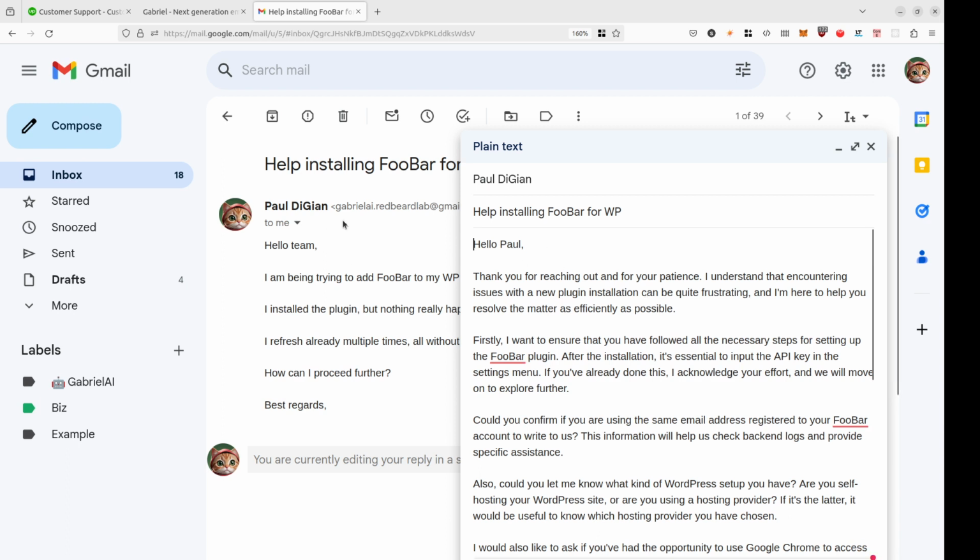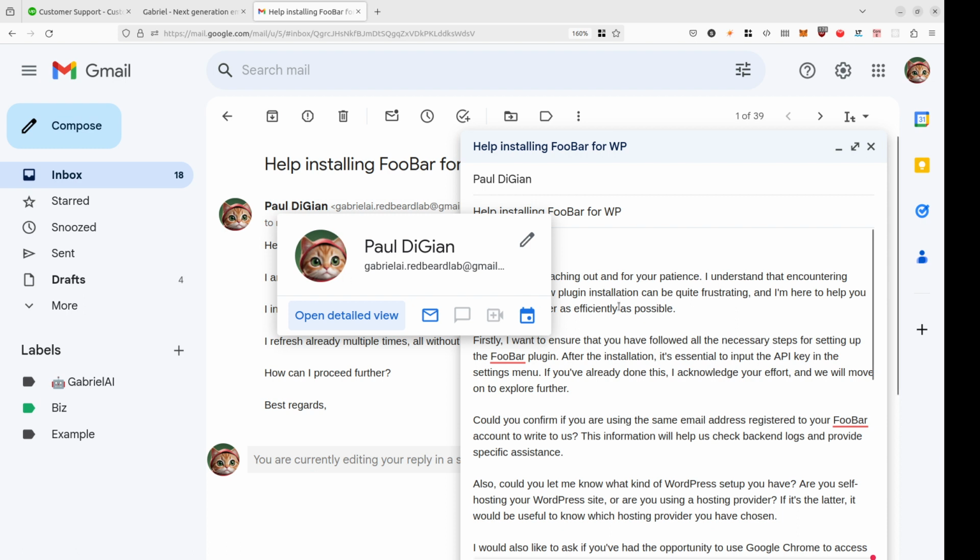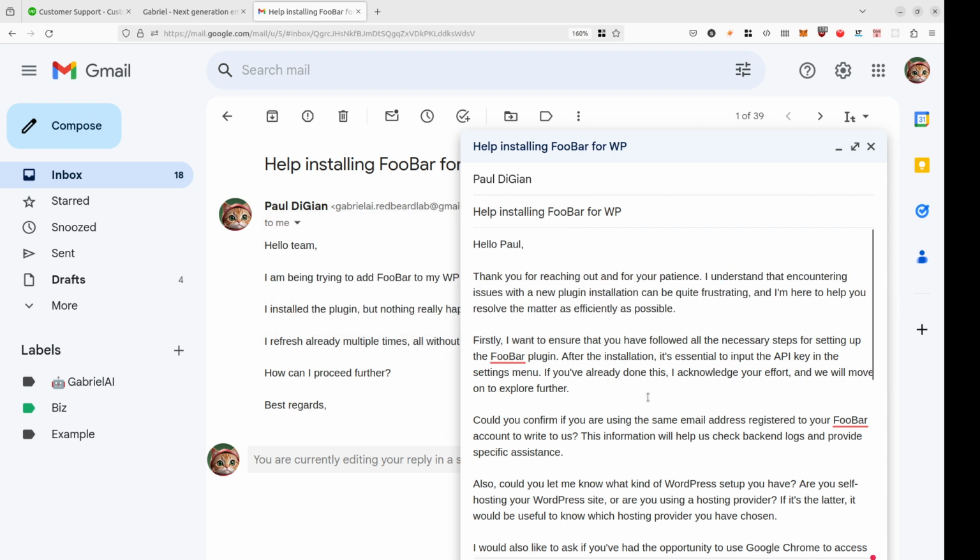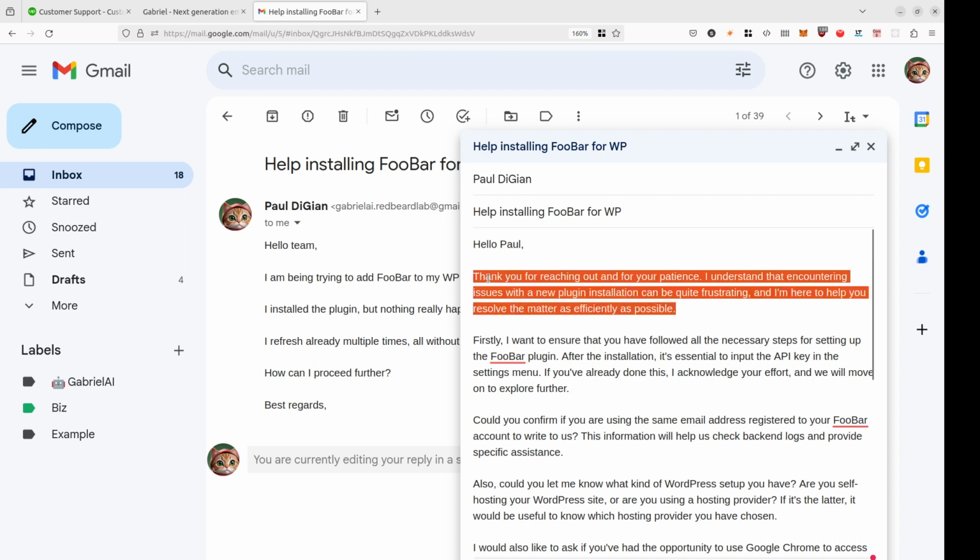Hello Paul. Paul is the name that the customer signed himself with. And here is the complete reply that Gabriel drafted for us. You can see this is not something that was sent, so it's just a draft, and the operator can check it, double-check it, send it, update it, whatever. But you can see that it's following the instructions, right? It's not a copy-paste, it's not a template, but it's understanding what's happening